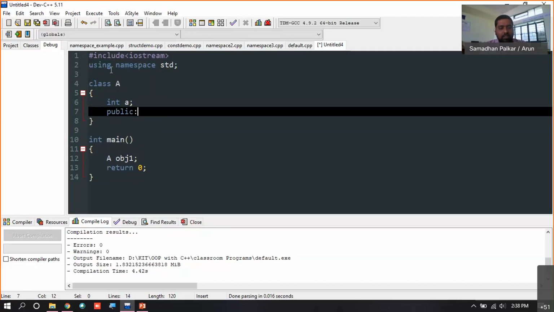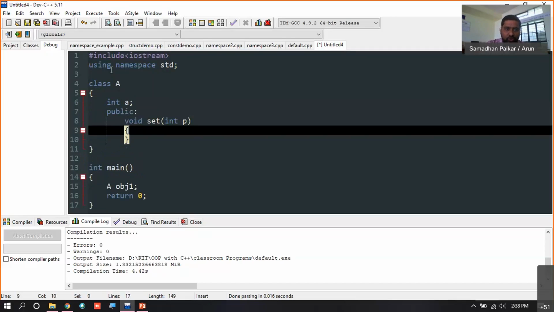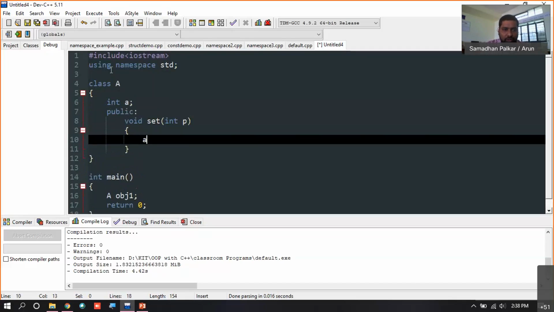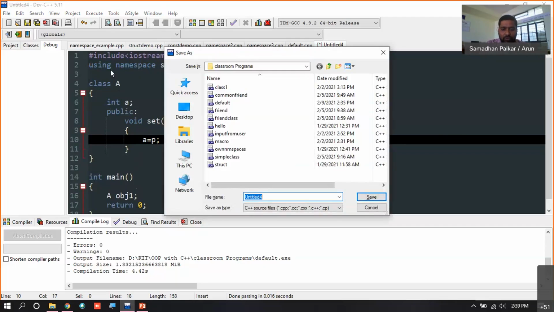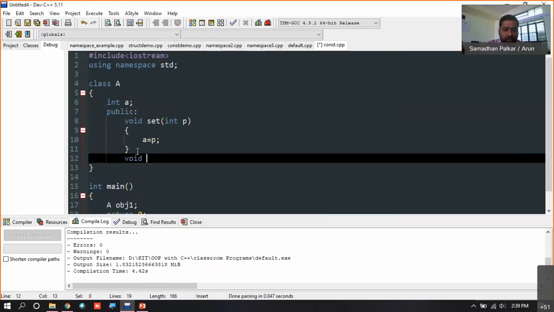I'm going to use a function called set, and that function is going to set the value for this, right? Whatever is the parameter of that set function will be directly assigned to the data member of that class, right? And one more function is for display, right?